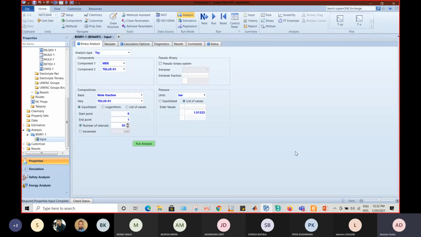तो इसका मतलब ये हुआ कि this particular analysis is wrong. And on what basis I am telling it's wrong? Because the selection of the basis is wrong. Because we must keep in mind that the basis must be the more volatile component. ठीक है, याद रहेगा। While performing any analysis, we have to keep this thing in mind that the component which we are choosing for basis, that particular component must be the most volatile component among the components which has been provided in the Aspen.